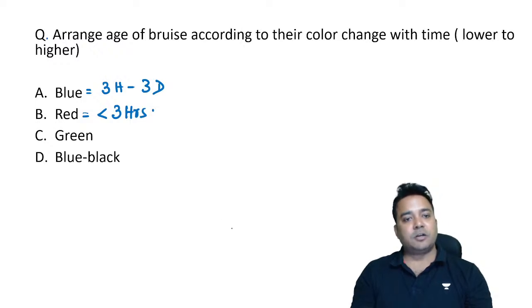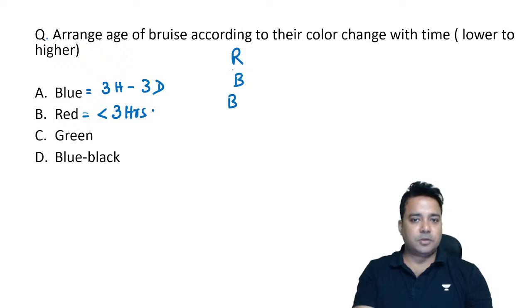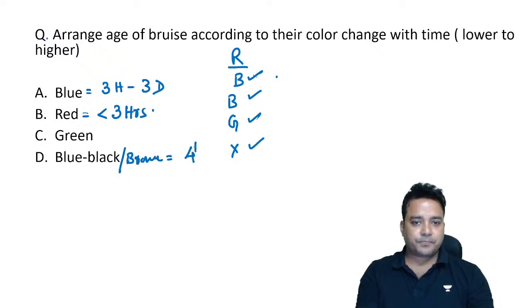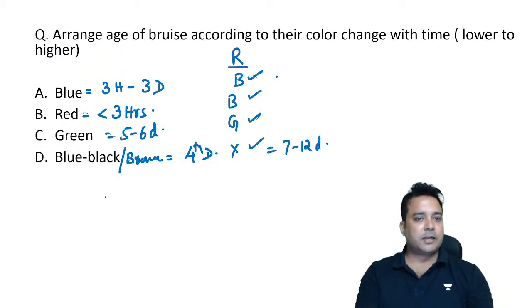और उसके बाद BBG येलो याद रखना है. रेड के बाद क्या याद रखना है, BBG येलो. एक तो ब्लू हो गया, ब्लू के बाद ब्राउनिश या ब्लूइश ब्लैक बोल देते हैं. G फॉर ग्रीन, Y फॉर येलो. तो रेडिश ब्रूज विद इन 3 आवर्स, ब्लूइश ब्रूज 3 आवर्स टू 3 डेज. तो ब्लूइश ब्लैक और भी से ब्राउन ऑन 4th डे. ग्रीनिश कब मिलता है, 5 to 6 डेज. येलोइश कब हो जाता है, बिटवीन 7 to 12 डेज. तुम्हारा टाइमलाइन आ गया. तो अरेंज कर लो B A D